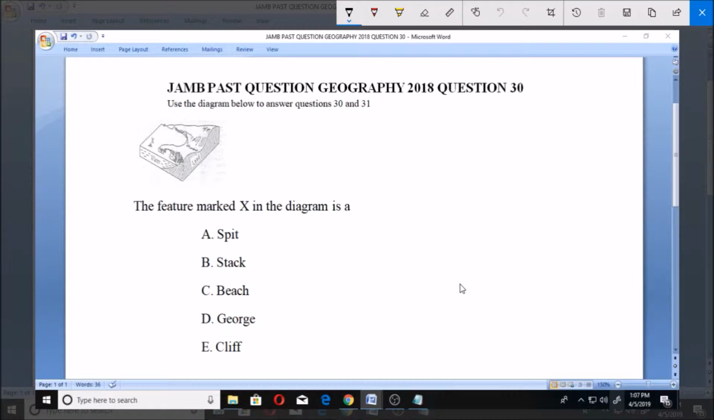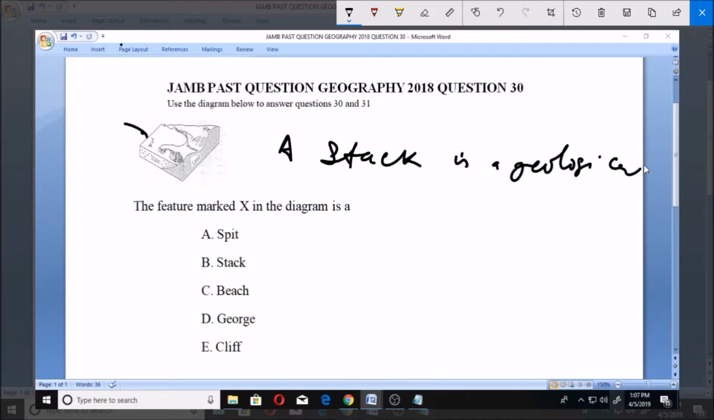What geological landform is it? Now this feature X here is actually a stack. And why is it a stack? Because we know that a stack is a geological landform. So a stack is a geological landform